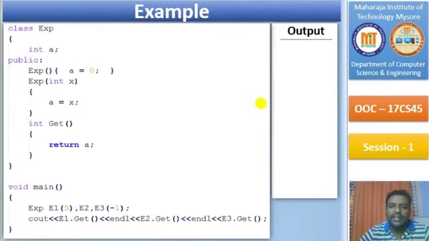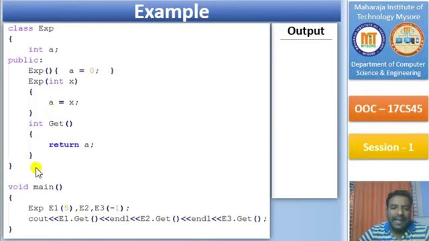Right? So now this is an example of the constructor I've just discussed. Just look at this. I am using a parameterized constructor here. Hence, I am using a zero argument constructor as well, where I am initializing the value of A as 0. If this constructor is called, I am assigning the value of A as 0. If the parameterized constructor is called, I am assigning the value of X.